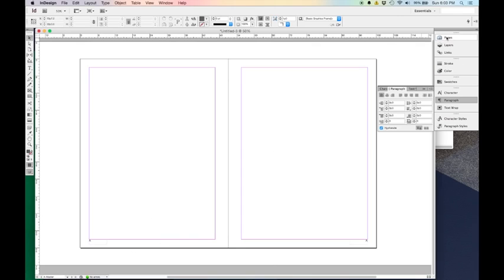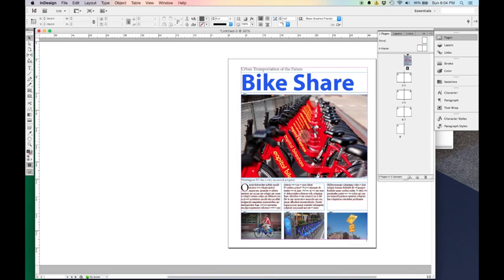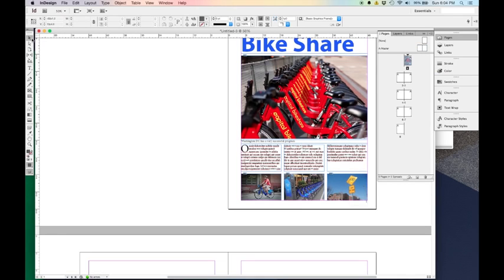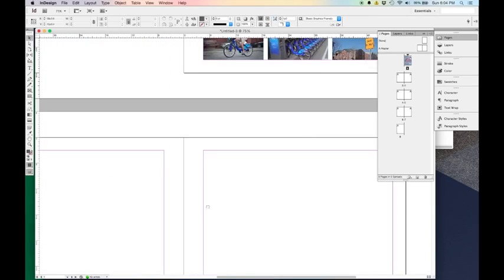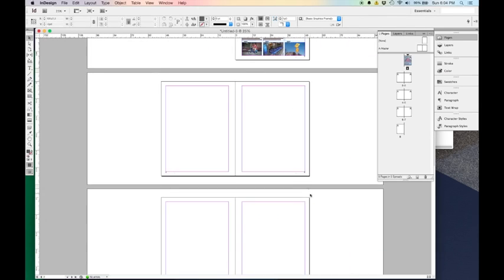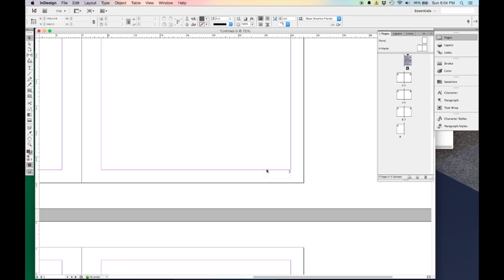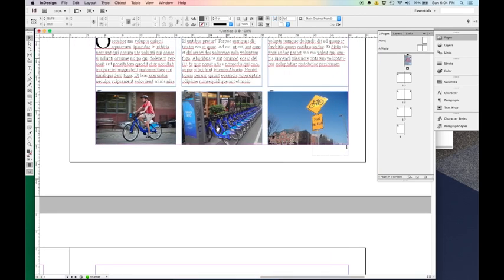Okay, great. So now if I go to Pages and I double click on my first page, you'll see down here in the lower corner it puts a page number right there, and then as I go through to my other pages, it automatically updates. So 2 has 2, 3 has 3, and so on. So that's great. Now, this is a little bit crowded, so what I would probably do is go back to the master page